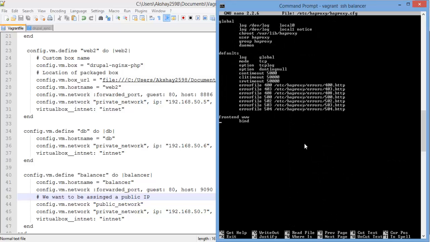So let's bind, I believe it was 192.168.1.112 colon 80. So it will bind the port 80, and the default_backend, we will just name that drupal-backend. And next we need to define this backend. So backend, we'll have a backend named drupal-backend,